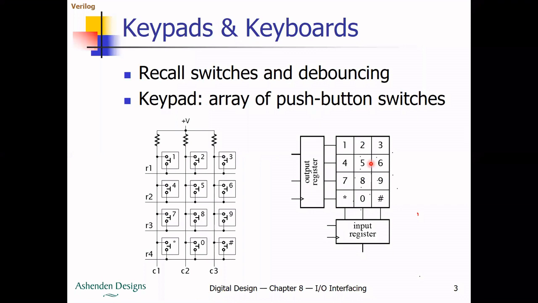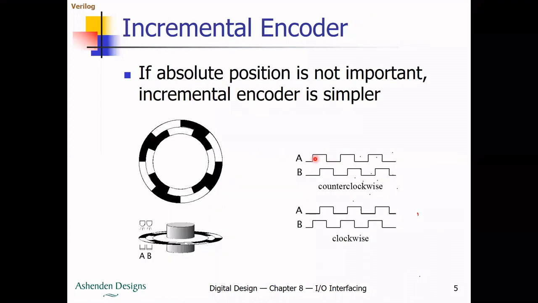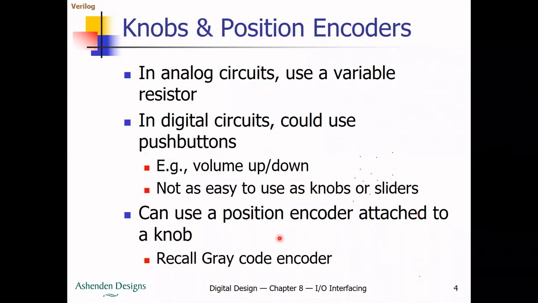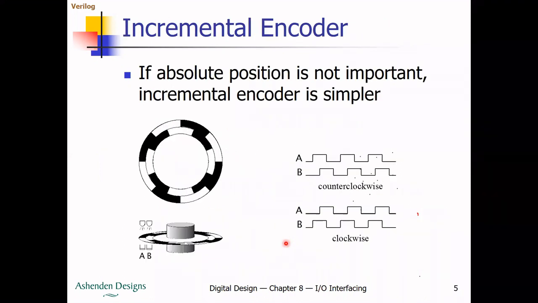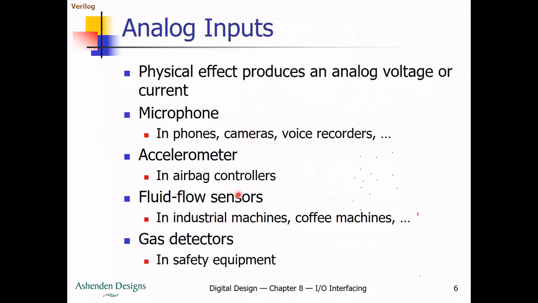Okay. Then we came across the encoder. In this encoder, we came across how a knob is used. In the knob, a gray code encoder will be placed, and there will be an LED light, and the LED light will be passed through the two gray code disks. A and B are the optical readers which capture the values on the gray code, and that will be taken to the next level to give the value from minimum to maximum. So this is all we have discussed, and I hope I have covered analog input.